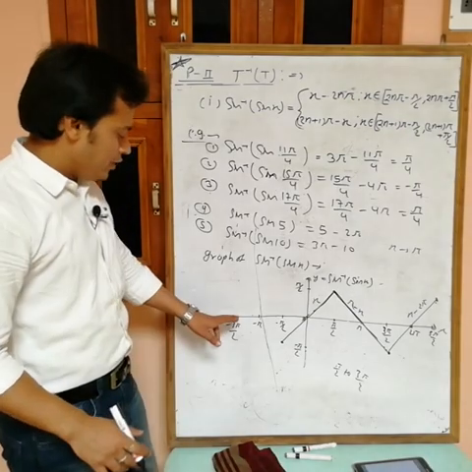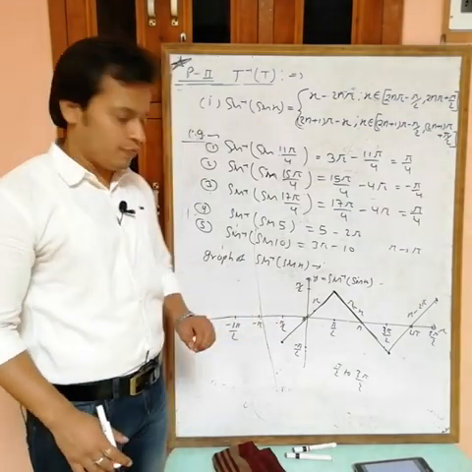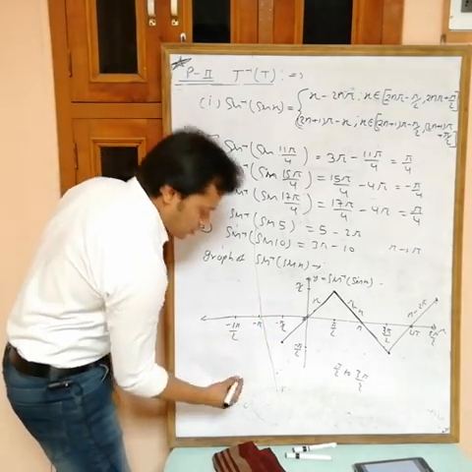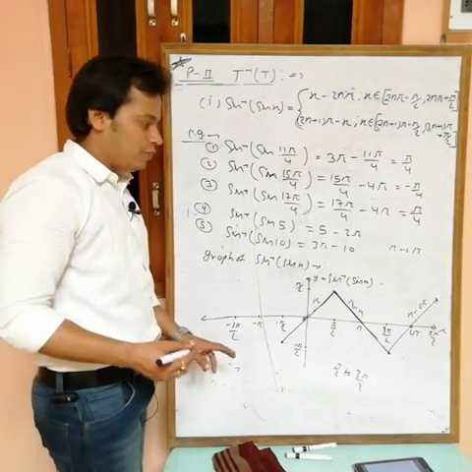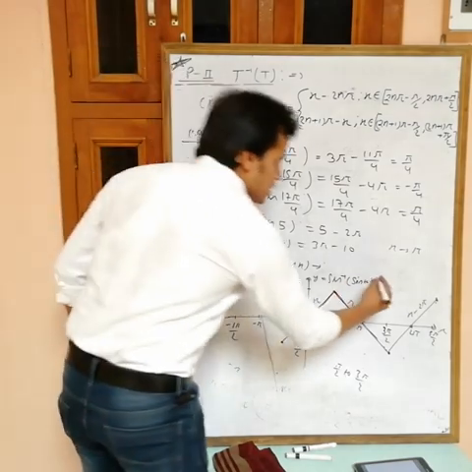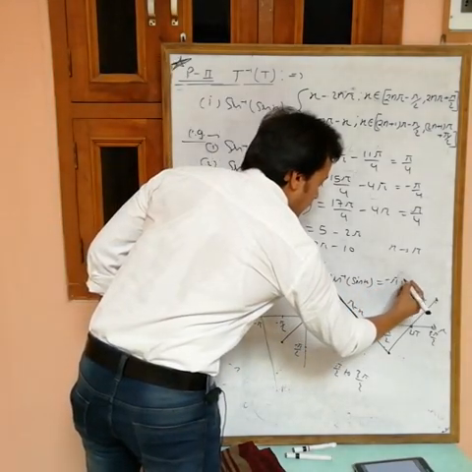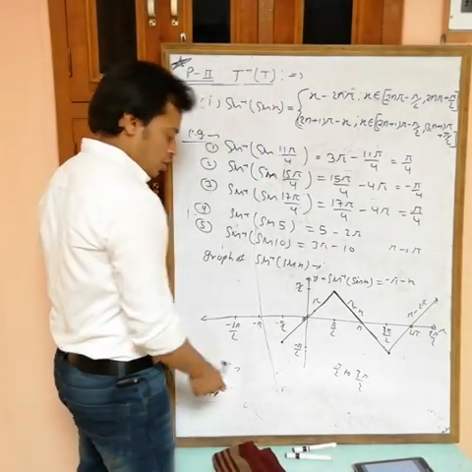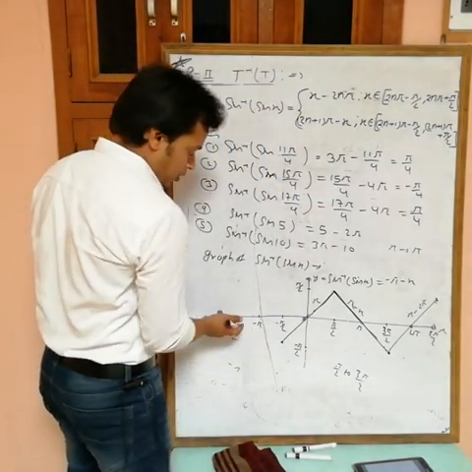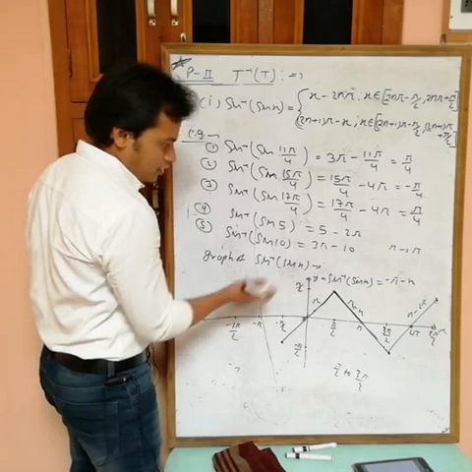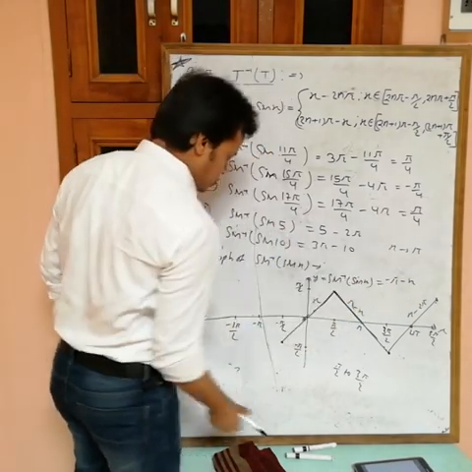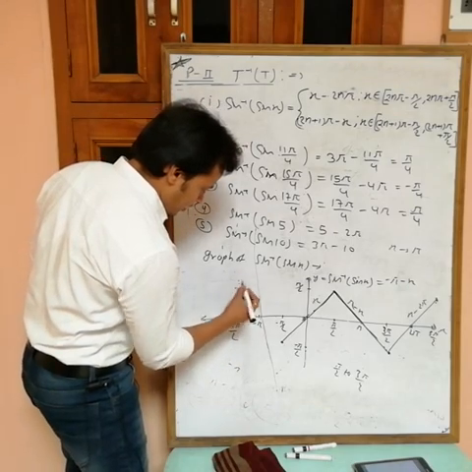Now also draw the graph for this interval, minus 3 pi by 2 to minus pi by 2. For these values of x, x is near to minus pi, an odd multiple of pi, then the value of sine inverse sine x is that odd multiple of pi minus x. Now put minus 3 pi by 2. Then what are we getting? Minus minus plus 3 pi by 2. 3 pi by 2 minus pi is pi by 2. So here we are getting pi by 2.